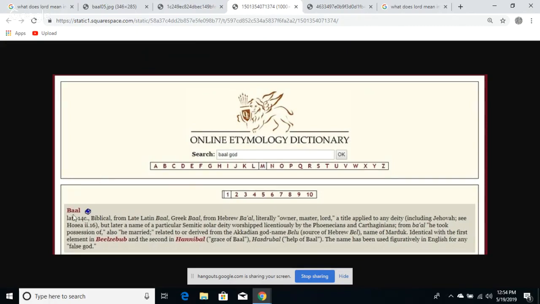So as we see right here, Baal, late 14th century, biblical, from the late Latin Baal, Greek Baal, from the Hebrew Baal, literally owner, master, Lord, a title applied to any deity, including Jehovah. See Hosea chapter 2, verse 16. Okay, but later a name of a particular Semitic, which would be Hebrew, solar deity worshipped by the Phoenicians and